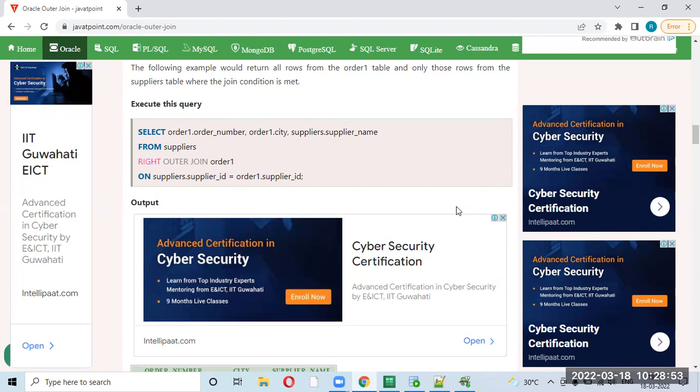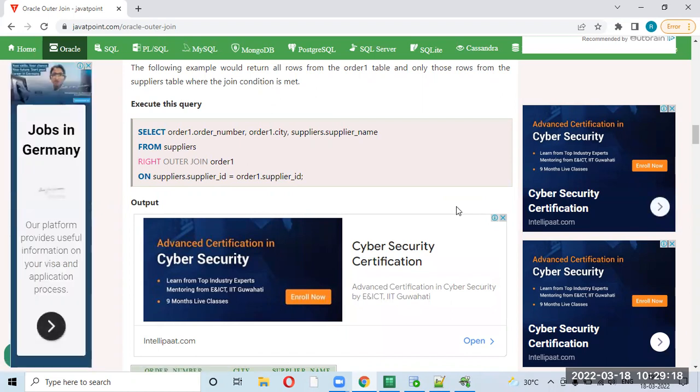And if you go for full outer join, you will get all the records from the left table and all the records from the right table, whether matching or not. So this is a basic overview of all four kinds of join.